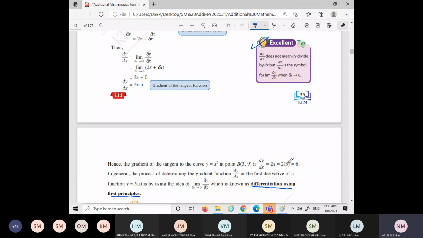Okay, so 2 times 3 is 6. Therefore, just now you remember, when I drag the point C nearer and nearer to point B, the gradient starts from 7 and then it drops until it's very near to 6. Correct? Okay, so in general, the process of determining the gradient function dy dx, or the first derivative of